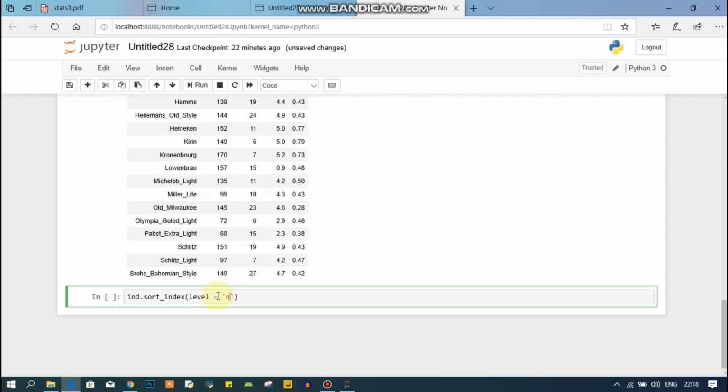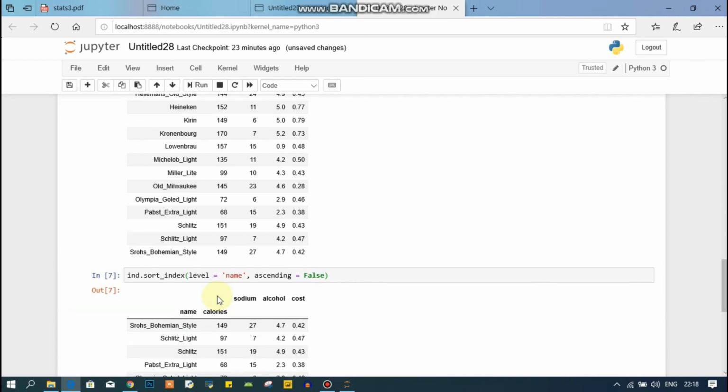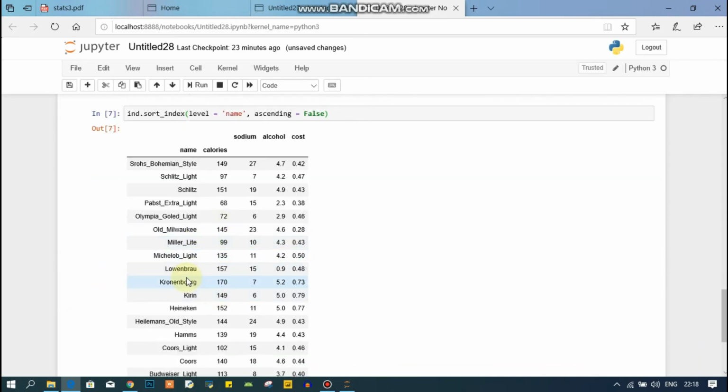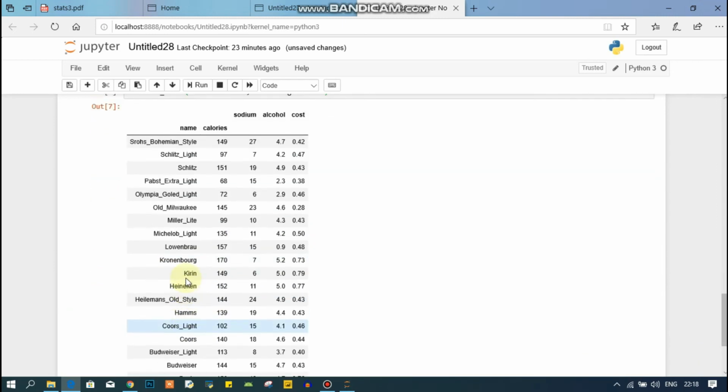I will simply pass the name, since I want to sort on the basis of name. I will pass ascending equal to false because I want to sort in descending order. Now see the result. Our name column has been sorted in descending order.